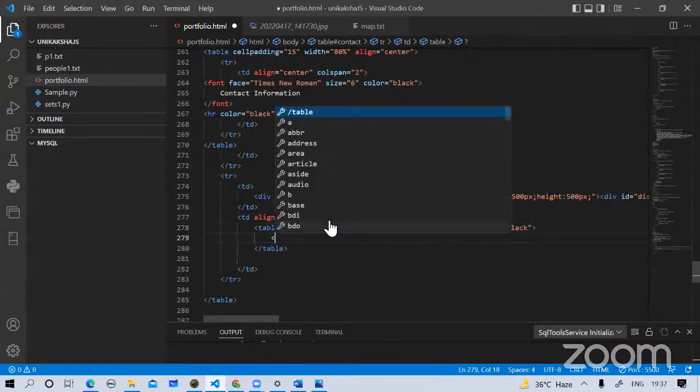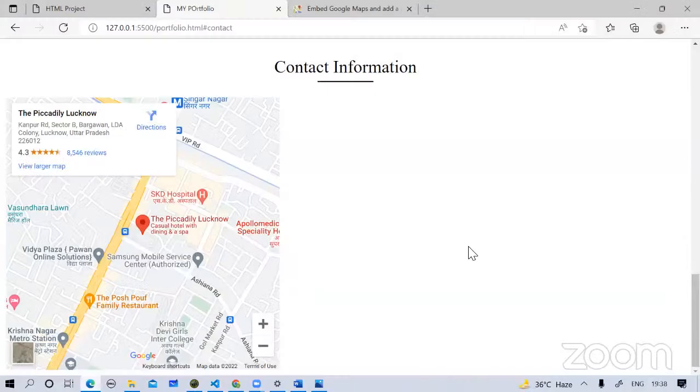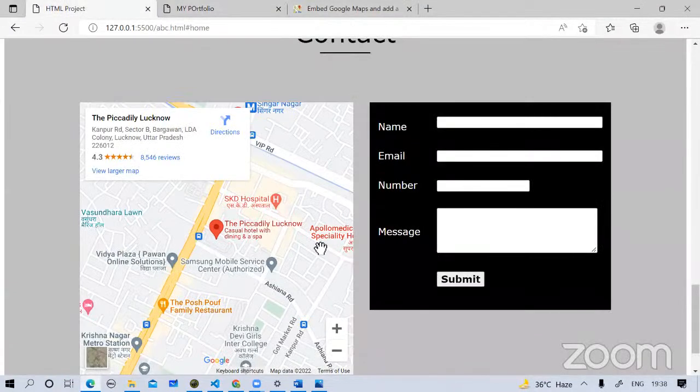Okay. Then tr, table row. So now you have to give whatever you want to write. So in one row, you give name. In the next row, you give whatever contact information you want. You want email, you want name, you want phone number, message. So all of this, one row means name and this input,